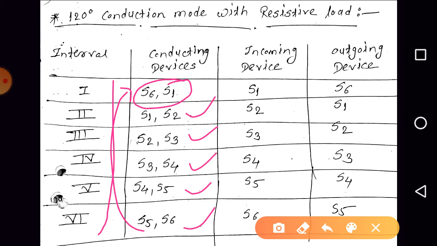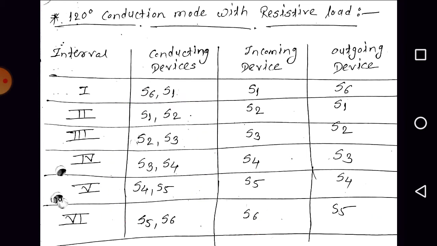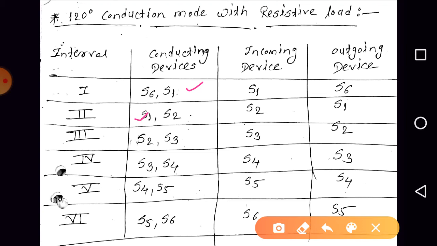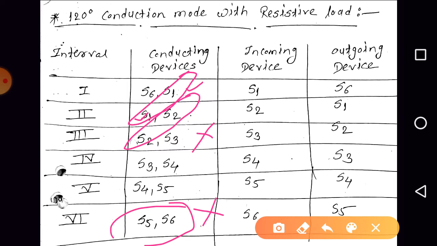So if you check here, switch number 1 is present in the first interval, and in the second interval also switch number 1 is present. Before the first interval, the 6th interval will be there. Is switch number 1 present there? No. After the second, during the third interval, is switch number 1 present? No. So switch number 1 is present during only 2 intervals, that is the first and second. Similarly, switch number 2 is present only during the second and third. Similarly, switch number 3. Similarly, switch number 4. Right? Are you getting the point?